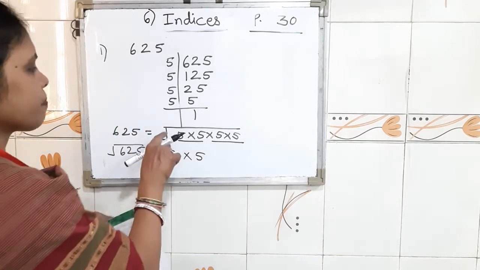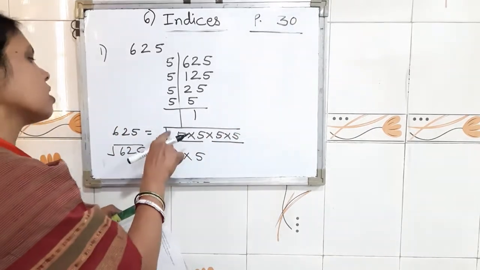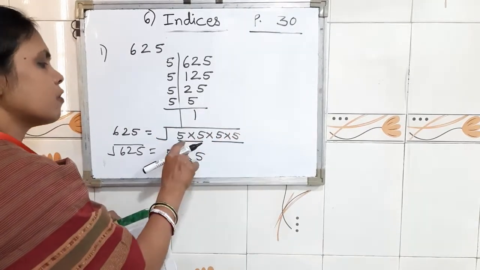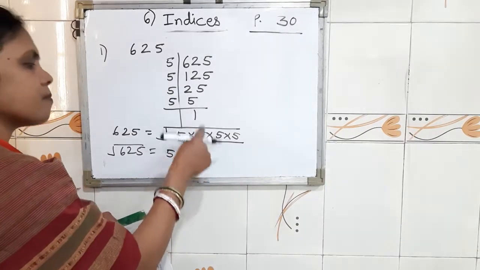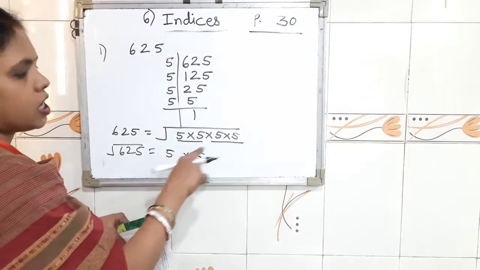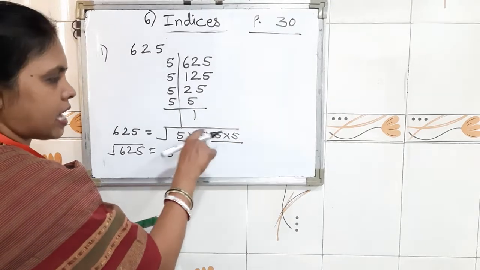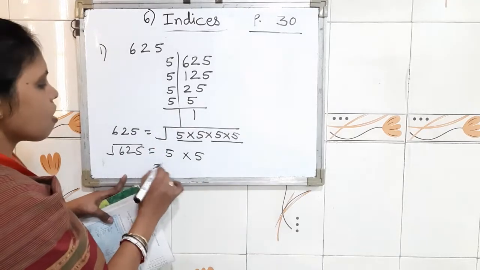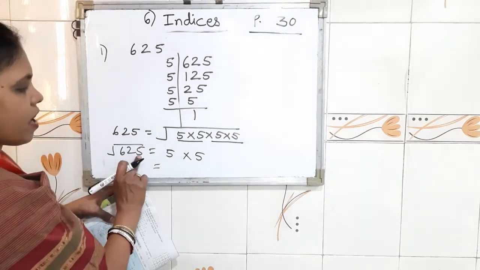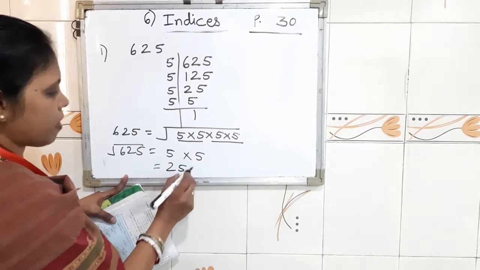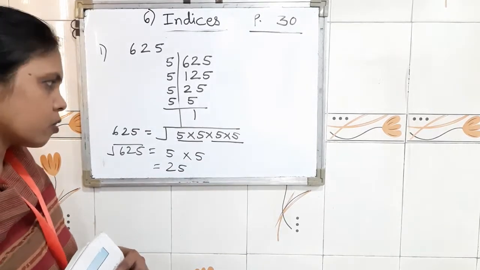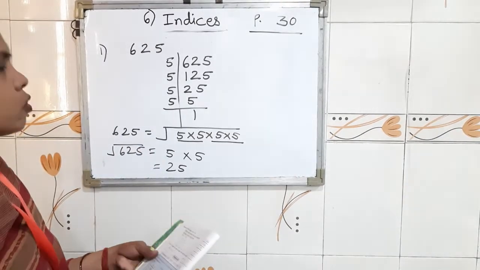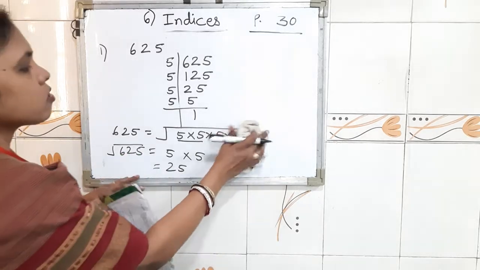When the numbers are in the square root, if 2 times 5 is there in the square root, when it comes outside, we are writing only 1 time. Here also 2 times it is there in the square root. When it comes out, it will be written only 1 time 5. Now the square root of 625, the answer is 5 5 are 25. I hope you all understood. Then also we will complete all sums one by one. You should understand the square root sums properly.